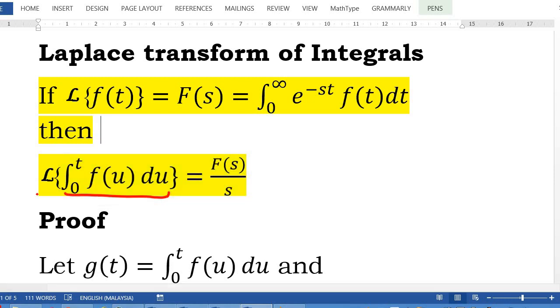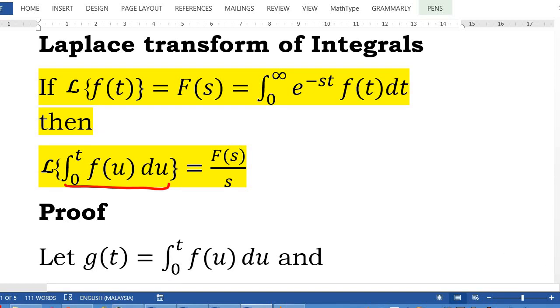Now this is in the form of integrals. The Laplace transform of the integral form is equal to F(s) over s. To prove this